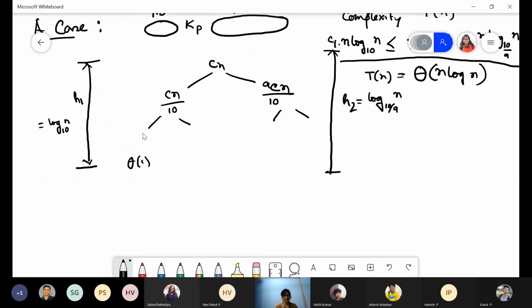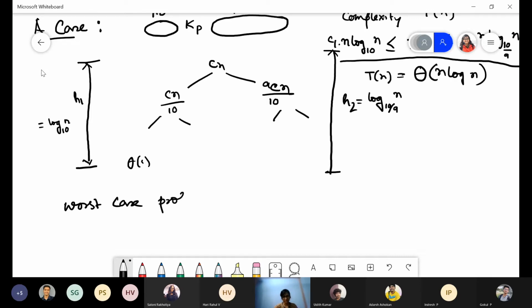So suppose this is 1 by n, it could have happened like it is 1 by 100 and 99 by 100 was on the other side. Then also this is going to give you only n log n as your complexity, right? Because in this case we are going to get a tree like this. So one side will be having log with smaller base and one side will be having log with larger base, and you are going to get n log n only. So worst case happens only for